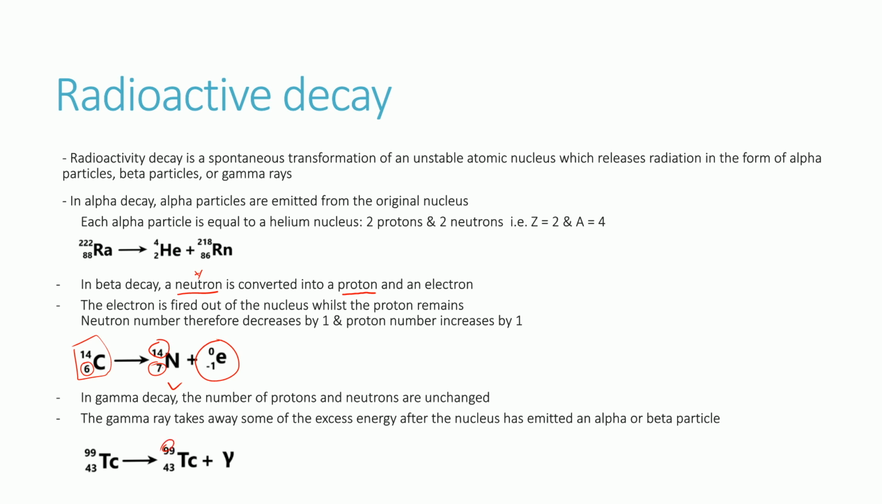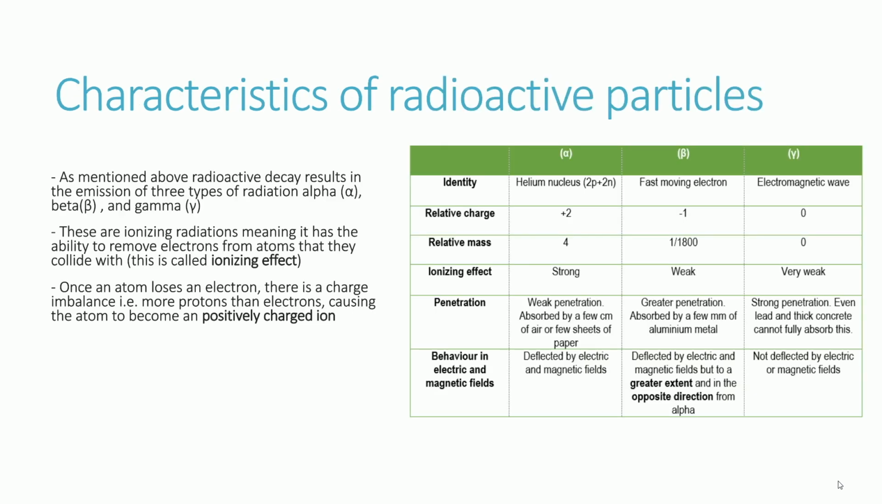You can see that the mass number and proton number stayed exactly the same, except for the fact that a gamma ray has been released as a result of that decay. So given that we've looked at these different particles, they've got different characteristics, and we can take a look at those characteristics in terms of charge, mass, ionizing effect, penetration, and behavior in electric fields and magnetic